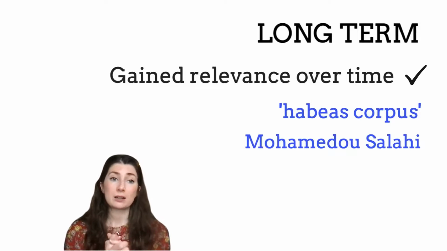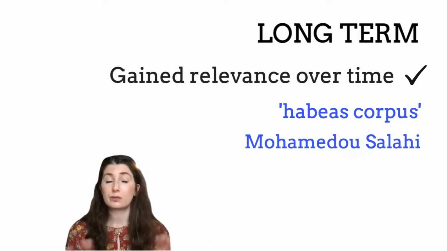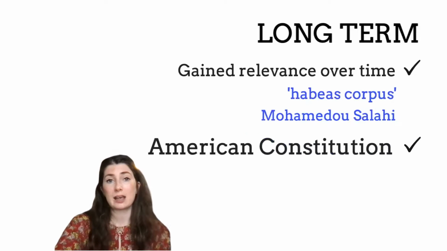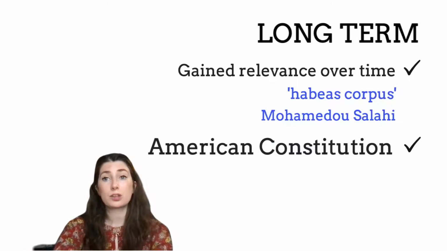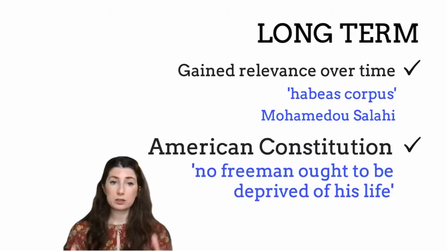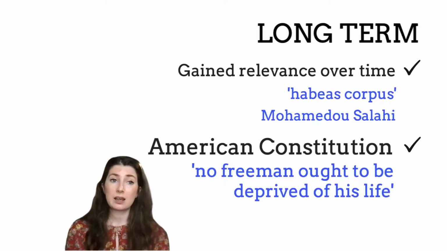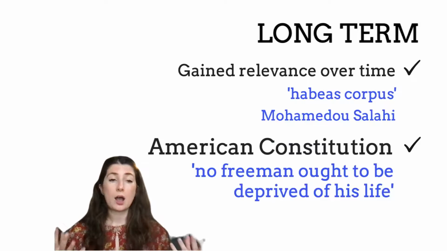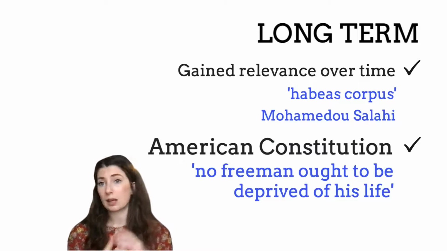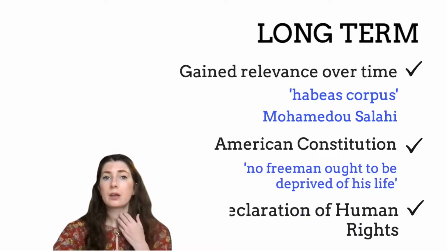So she used Magna Carta in a very modern day case, which shows that it's still relevant, it's still making change today. Now, Magna Carta was also copied into parts of the US Constitution. For example, the phrase that I've put here, no free man ought to be deprived of his life. And that was directly inserted into the American Constitution that was created after the American War of Independence against the British. Still around today, still relevant, still important.